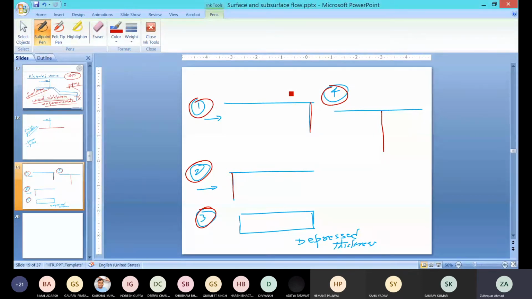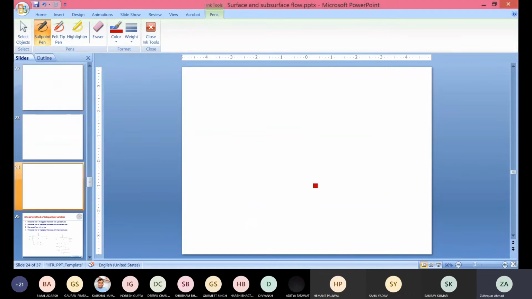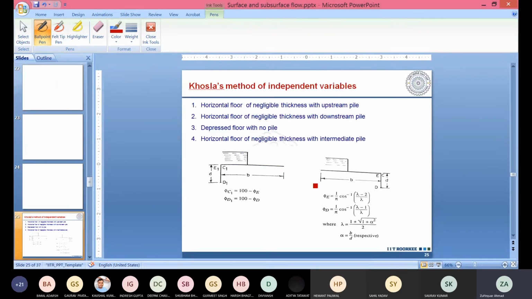You can see that graph, but nowadays working with the equation is very easy. Okay, so I discuss with you these equations, right? So now let us have a look at how the pressures are to be computed for these four conditions. I mean, you have the sheet pile in the downstream, sheet pile in the upstream, depressed floor, and you have the intermediate piles. So after having discussion on that, then I will discuss with you how these are the things that will be used for solving the problems. Okay. And if you have any doubt anywhere, please let me know.